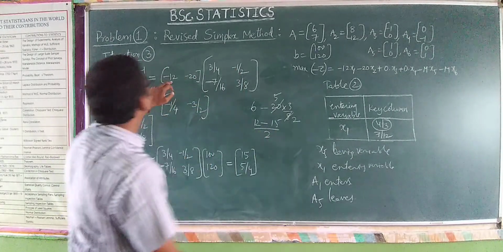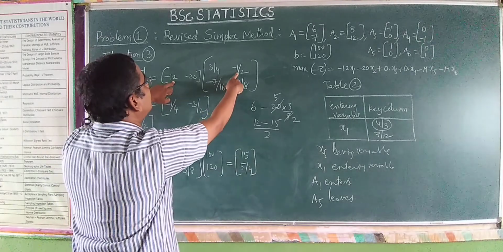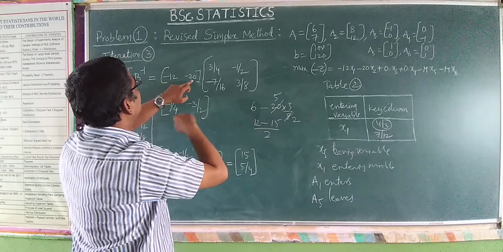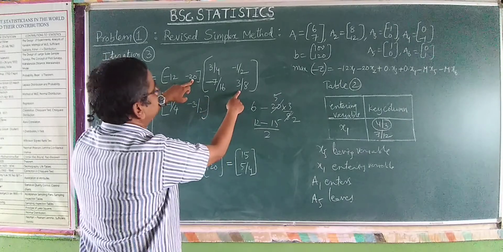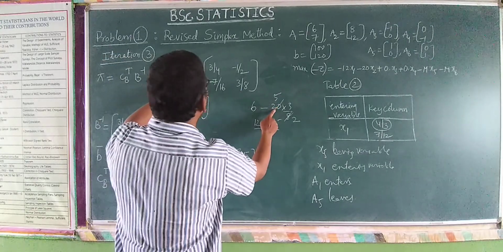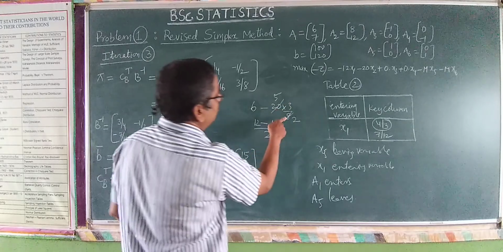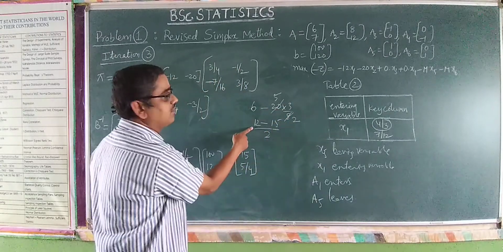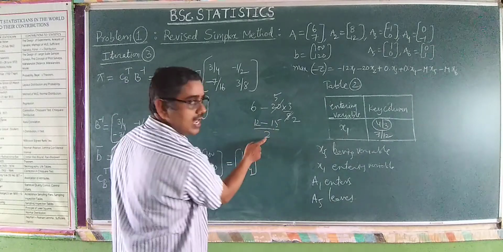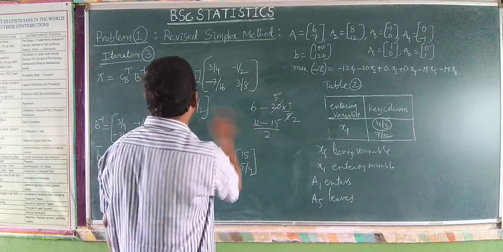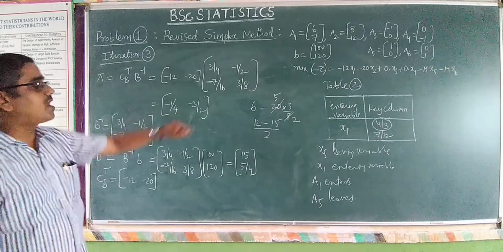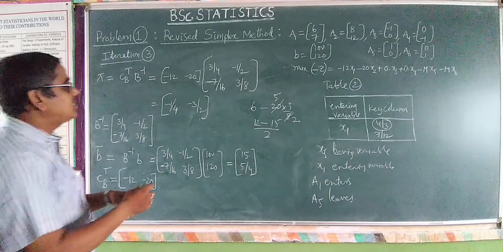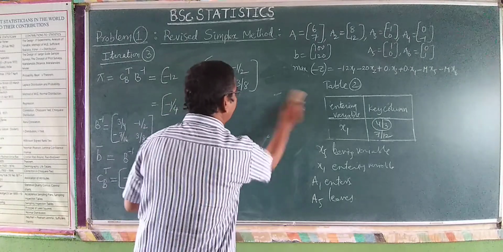Am I right? So minus 12 into minus 1 by 2 is 12 by 2, which is 6. And then minus 20 into 3 by 8. 4 2s and 4 5s. 5 3s are 15 and 6 2s are 12. 12 minus 15, I have taken the LCM, is minus 3 by 2. So minus 1 by 4 and minus 3 by 2. This is pi. So remember pi is nothing but this particular matrix.